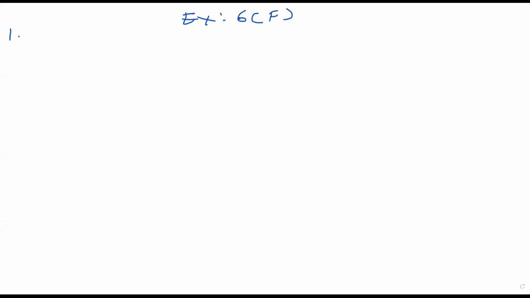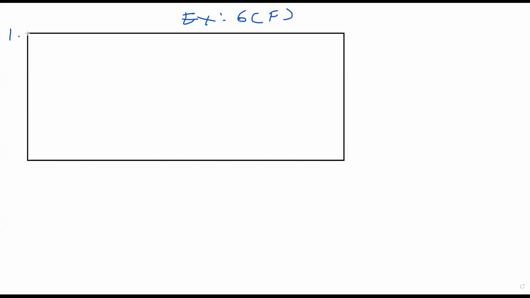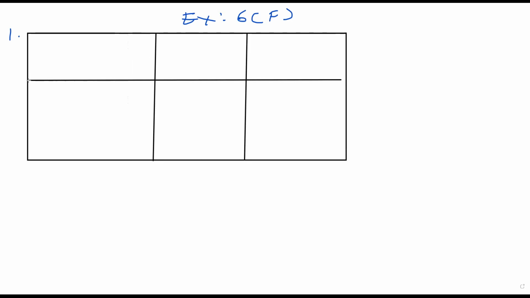So what I will suggest is to go with a table. I'll tell you what I mean by that. If you use a table method, it will be really easy. So just listen to what I'm trying to do here. If this is the table, I'll make 3 columns and 3 rows.